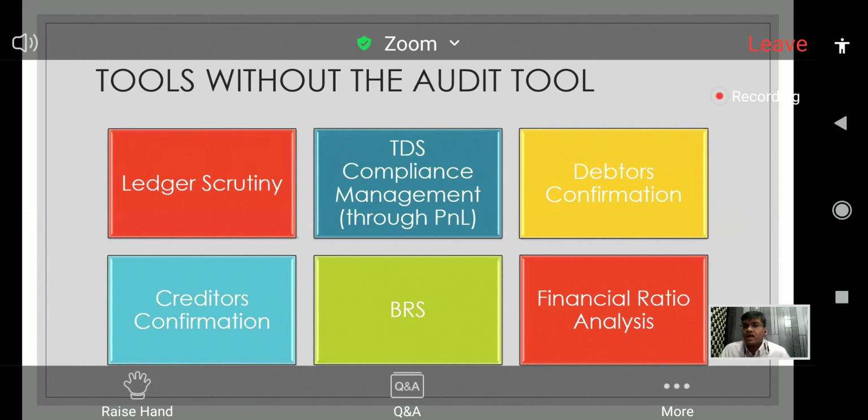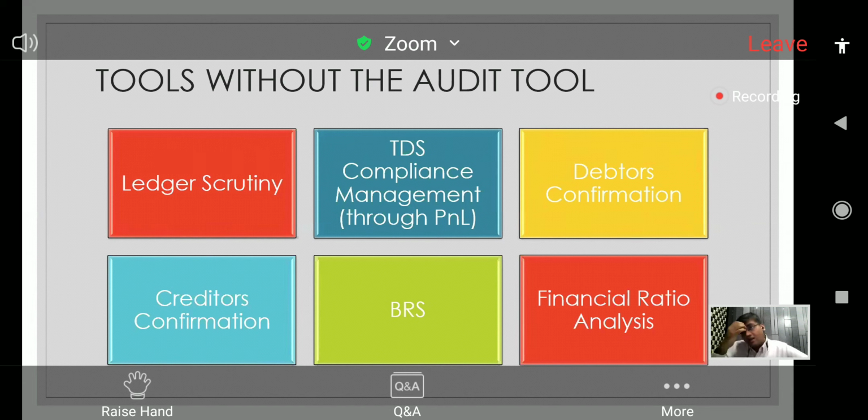Just a small point before I hand it over again to Puneet bhai: with any software, the more we use it, the more hands-on we become. So it is very important we start using the software, start using the options that are available on the screen whenever we are using Tally. Then and only then we'll become hands-on, and probably we'll realize there are so many features, so many tools available within Tally, without going through the audit option, which can raise a lot of flags, a lot of important aspects of the accounts that we are auditing.